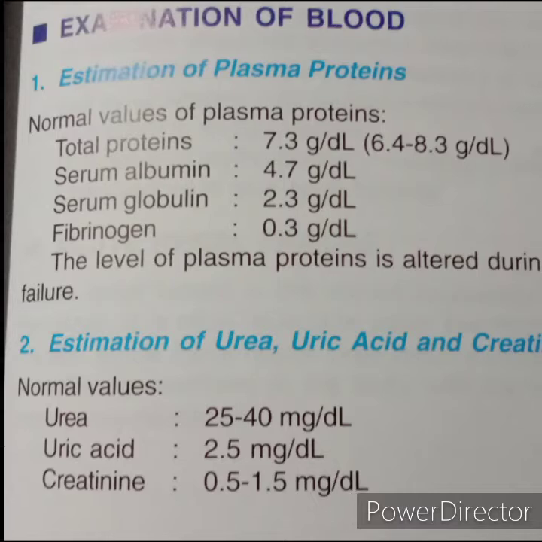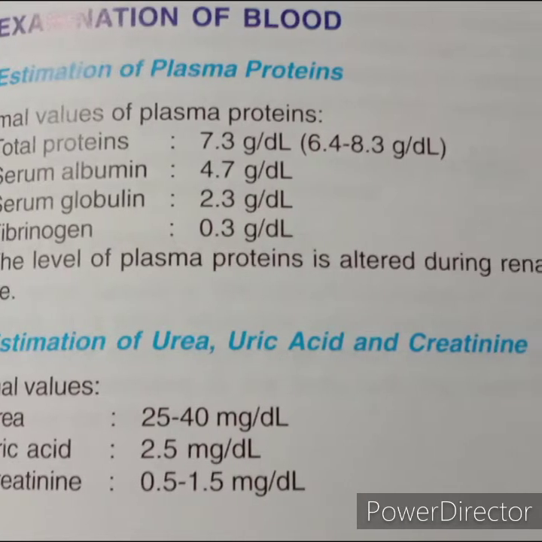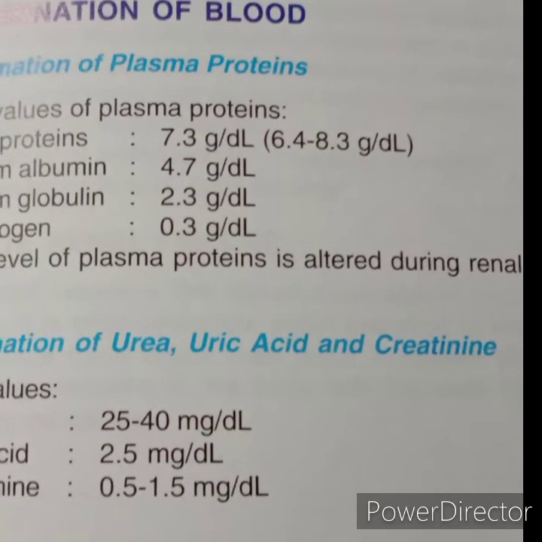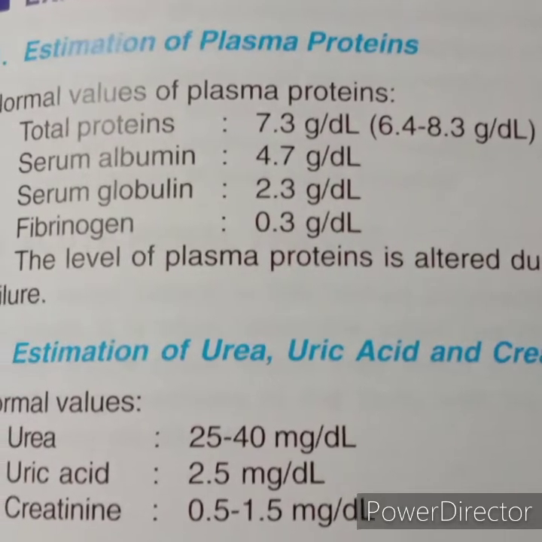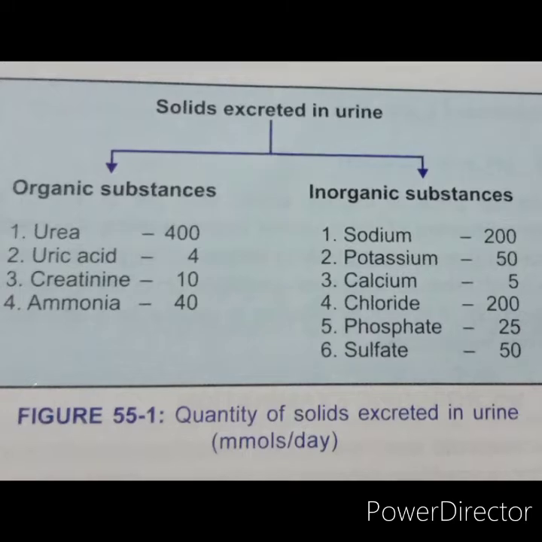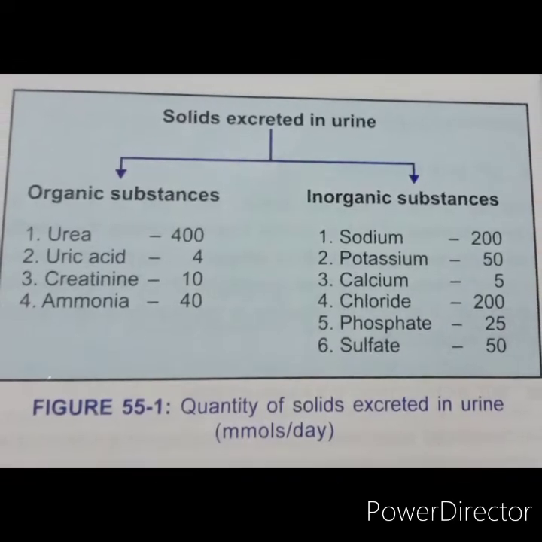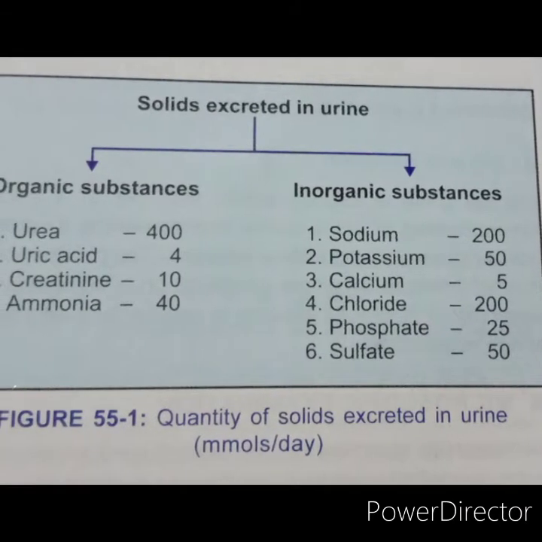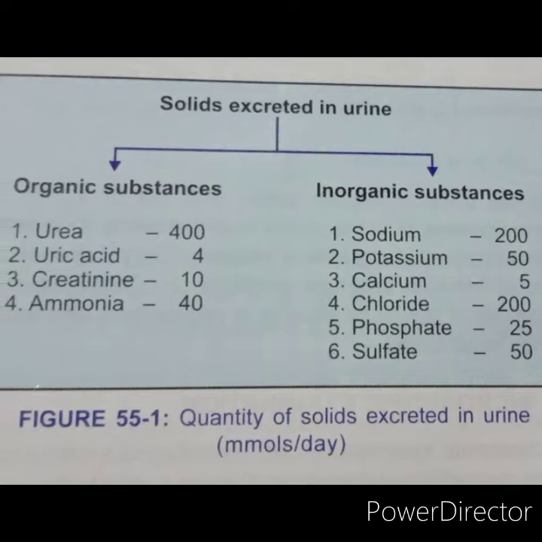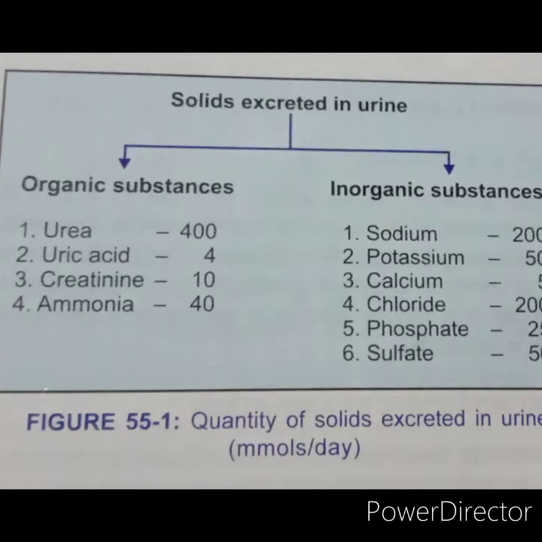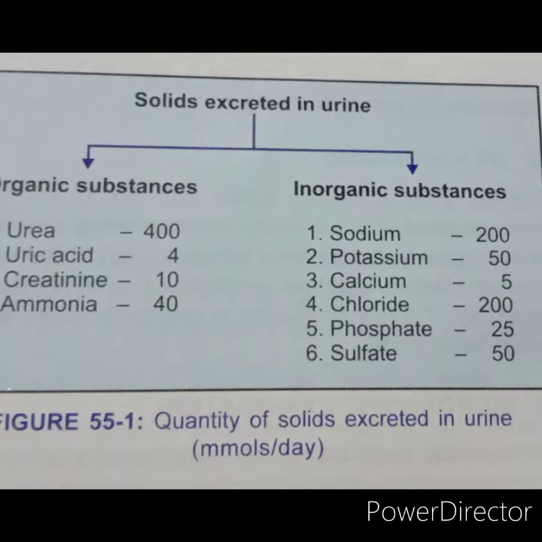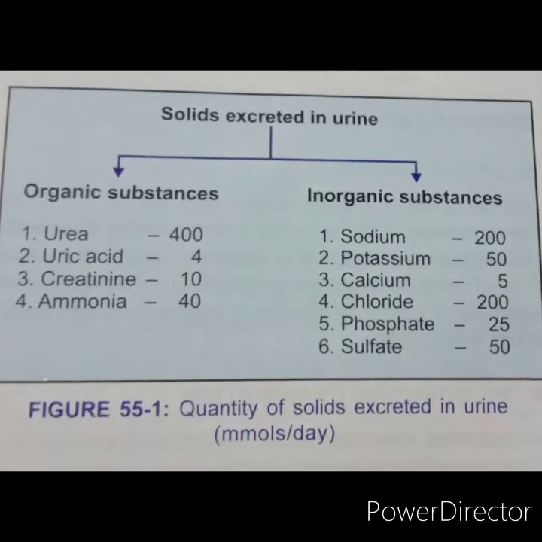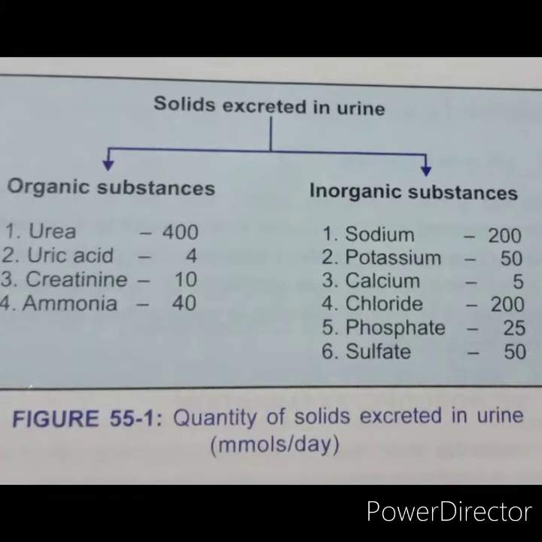Plasma clearance. Plasma clearance is defined as the amount of plasma that is cleared of a substance in a given unit of time. It is also known as renal clearance. It is based on Fick's principle. The determination of clearance value for certain substances helps in assessing the following renal functions. First, glomerular filtration rate. Second, renal plasma flow.